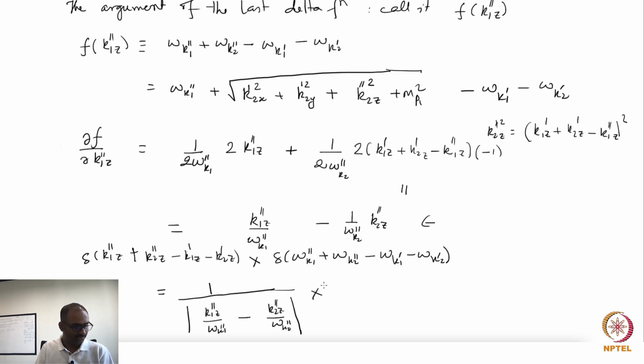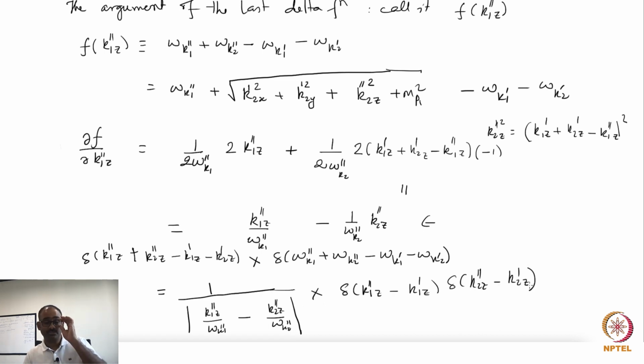Okay, times delta of K1 z minus K1 double prime z minus K1 prime z, times delta of K2 double prime z minus K2 prime z. Okay, that's what you are going to get. And this one I have written using previous delta functions. So that's the Jacobian I have obtained, and now I have